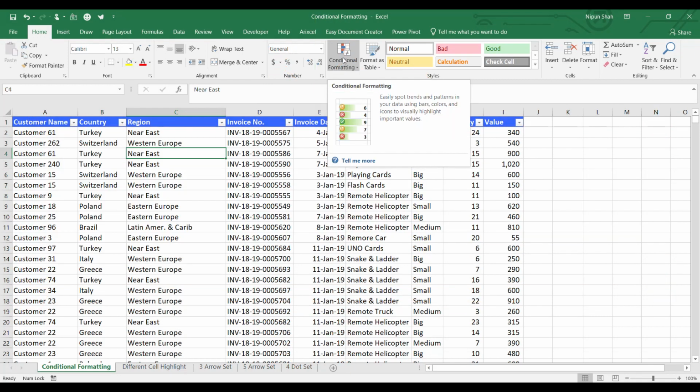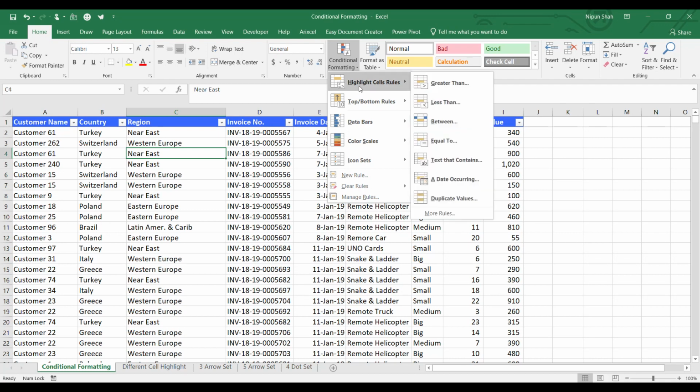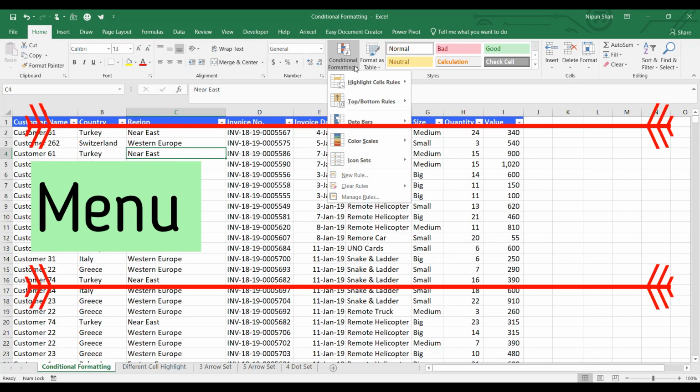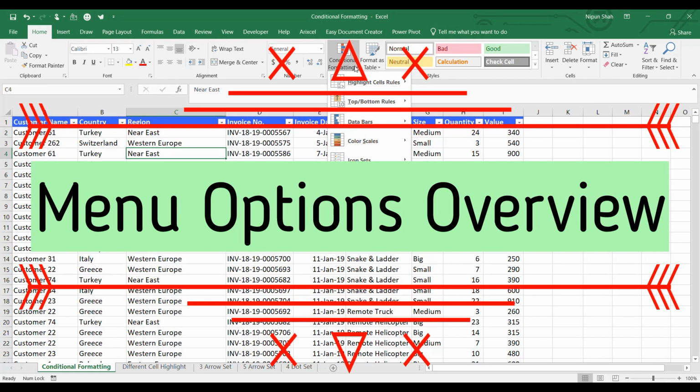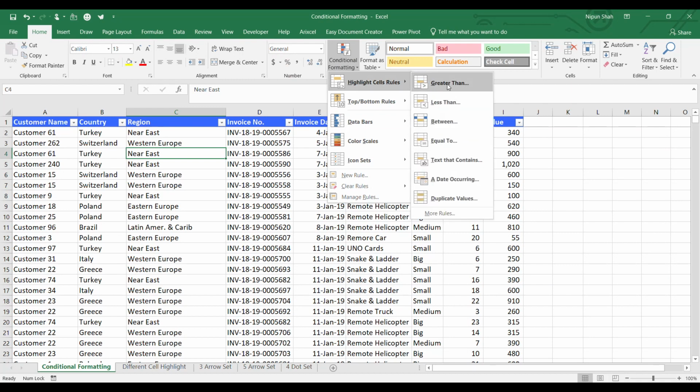So let us see what all options are available. In the drop down we have highlight cell rules, top bottom rules, data bars, color scales, icon sets and a few more. So just for a small overview, in highlight cell rules we have greater than, less than, between, equal to.